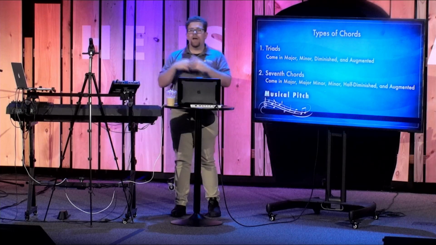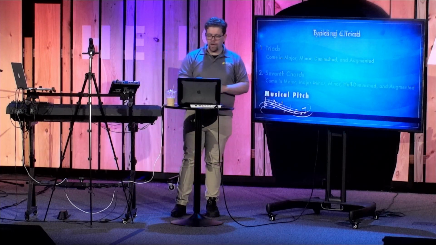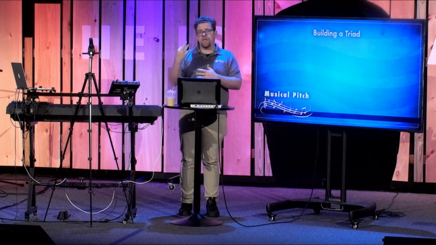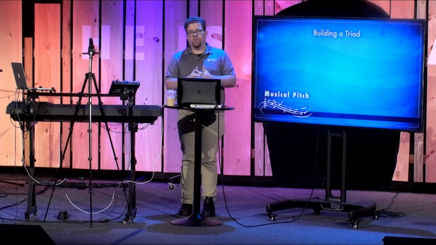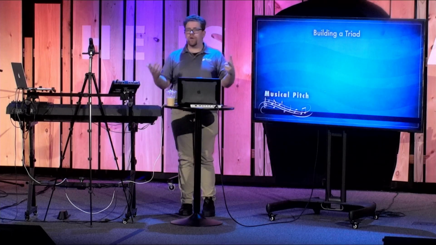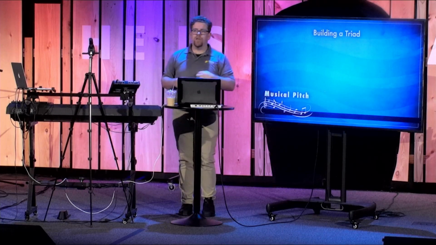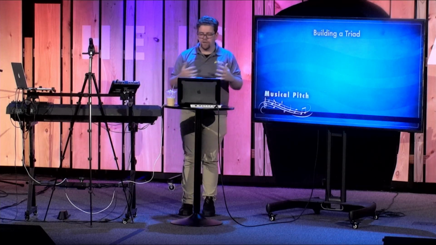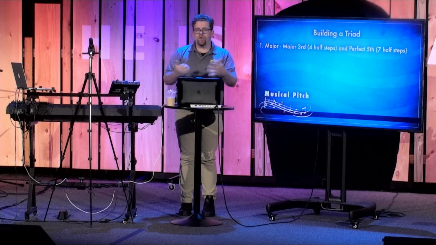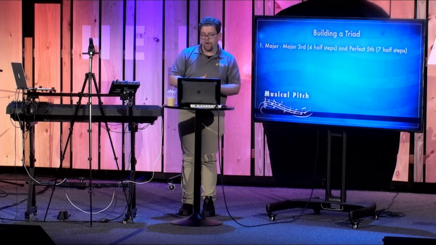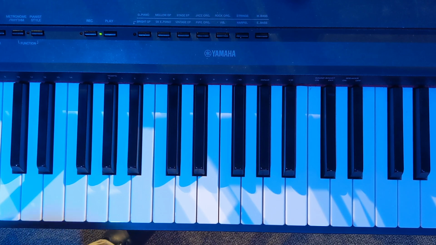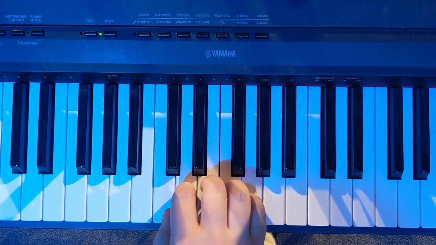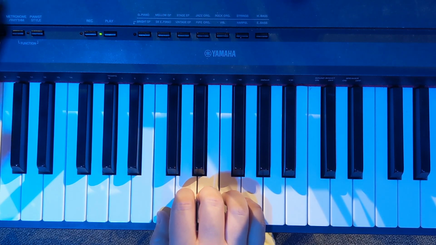So let's talk about how you might build a triad. A triad, as its name suggests, is made up of 3 pitches, and that's why it's that building block. 2 pitches is just an interval; we already went over intervals in the first video. When you add a 3rd pitch, you have some sort of compounding relationship, and that gives us a chord, in this case, a triad. The first kind of triad we're going to talk about, and the most common one, is a major triad. I'm going to move over to the keyboard here, and you can see this on the screen also. What you have in a major triad is, first off, whatever your root pitch is, how your chord gets its name.